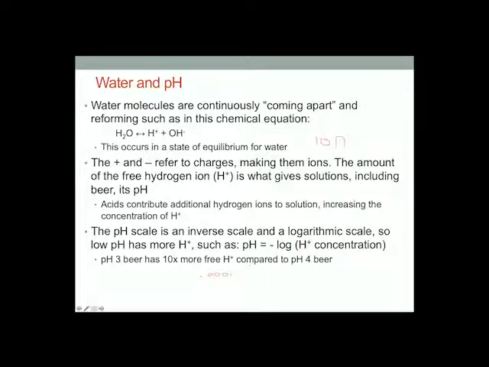That's just an expression that chemists use because it's able to directly relate these moles to the molecular weight of the compound. So if pH 4 has 0.0001 moles per liter of hydrogen ions,